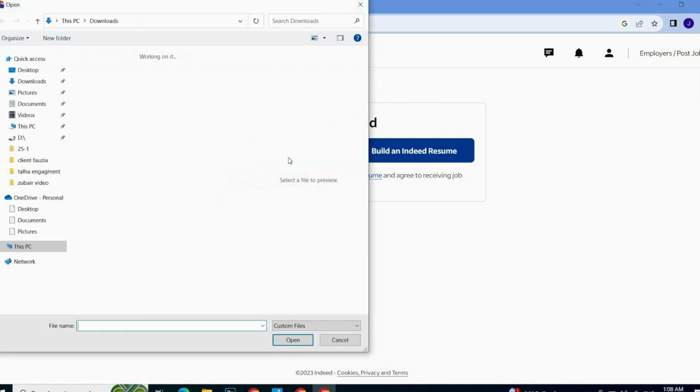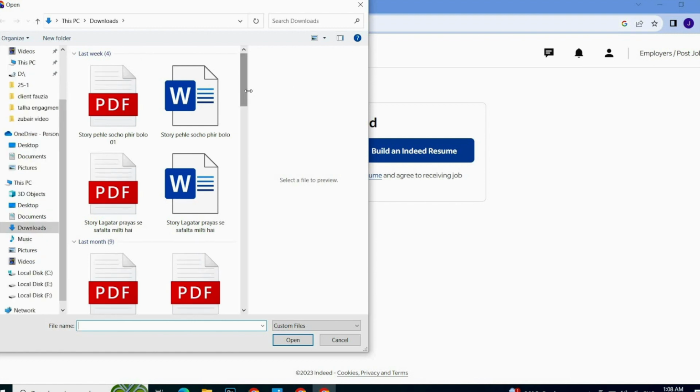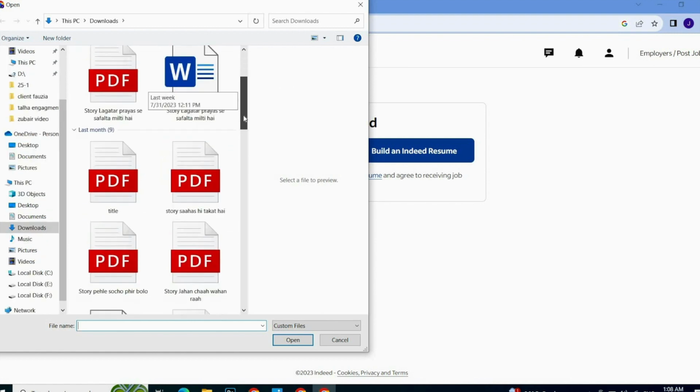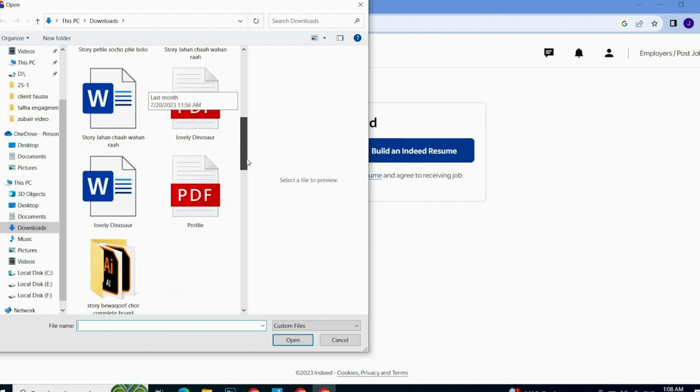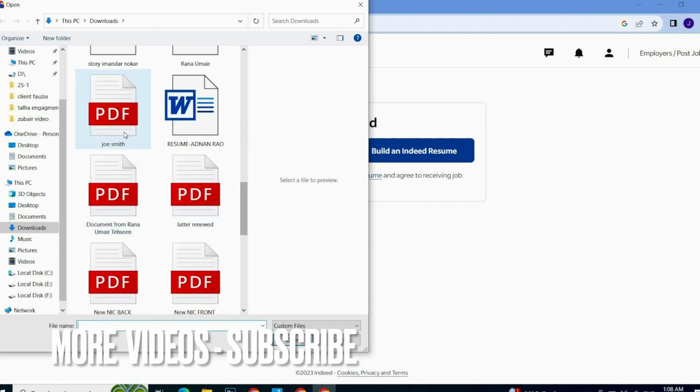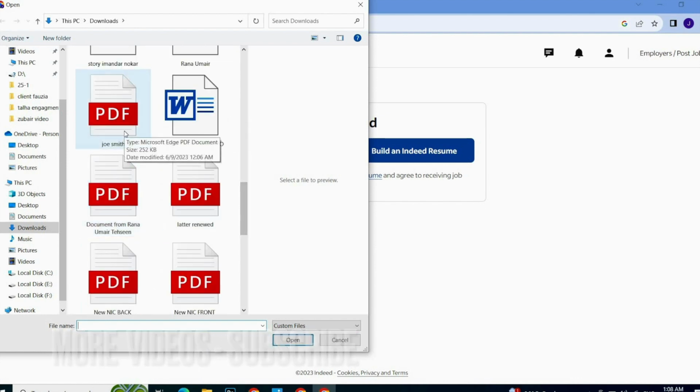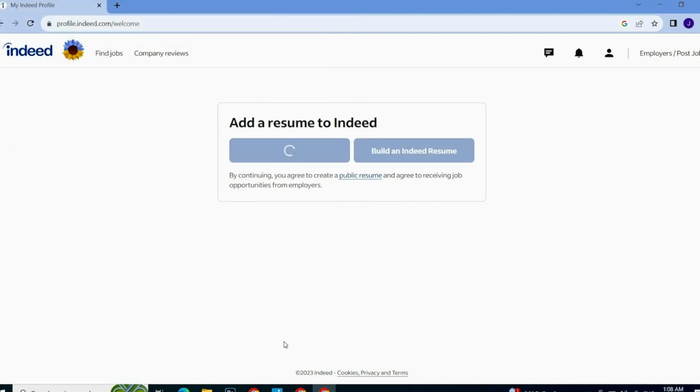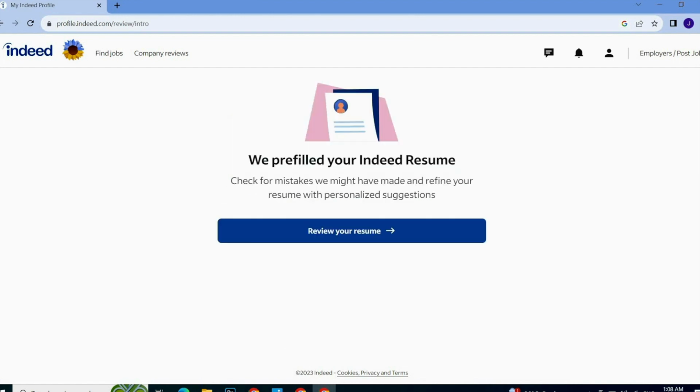Once you click on upload resume, then you will see a new window open on your screen. You have to scroll down and search for your file. I am going to click on this file, which is my resume, and now I am going to click on this button. It will take some time, and then your resume will start uploading on your account, and review